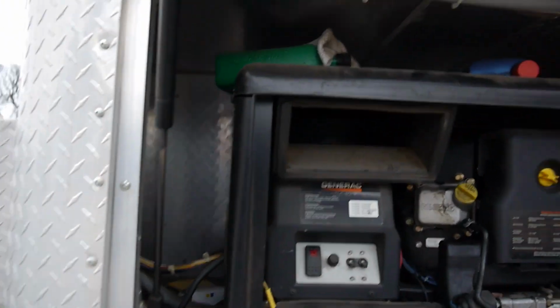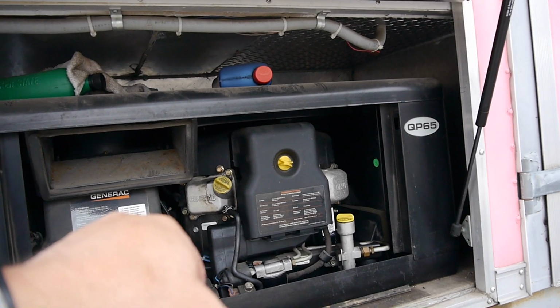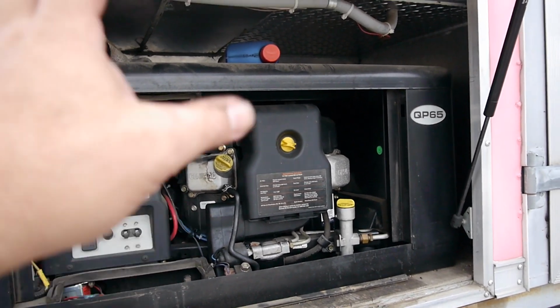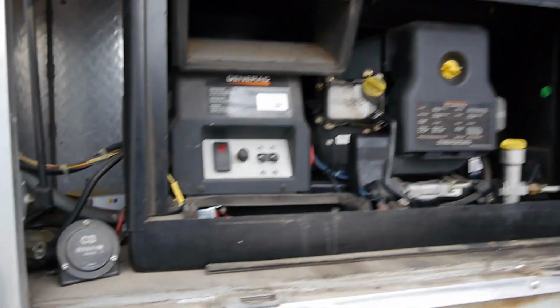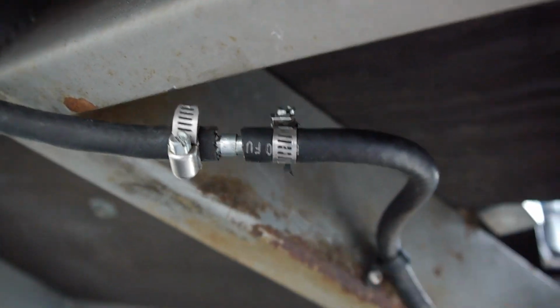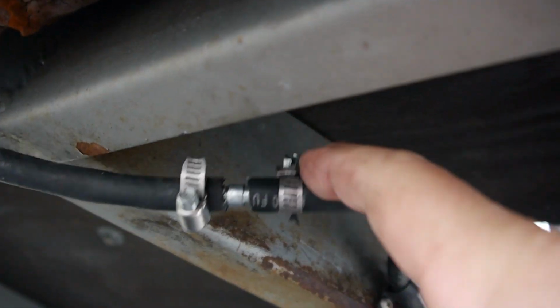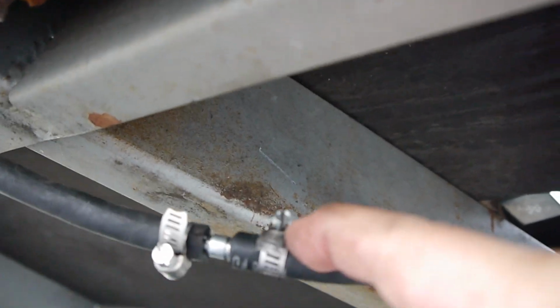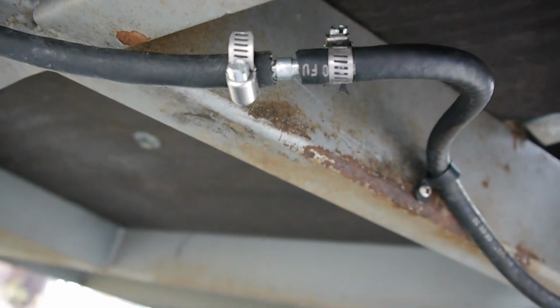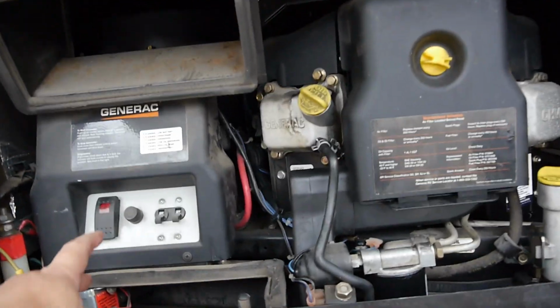And I have to say, I had already worked on it, but it basically hasn't been run, and he probably said 2 years. So I did a good carburetor cleaning, and you can see it was leaking down here. And I replaced this coupling. They had it really bunched up and wire tied, and it was causing a kink in the hose, and it finally just cracked open. So it was leaking gas everywhere. And now that I have the carburetor cleaned and I checked it,